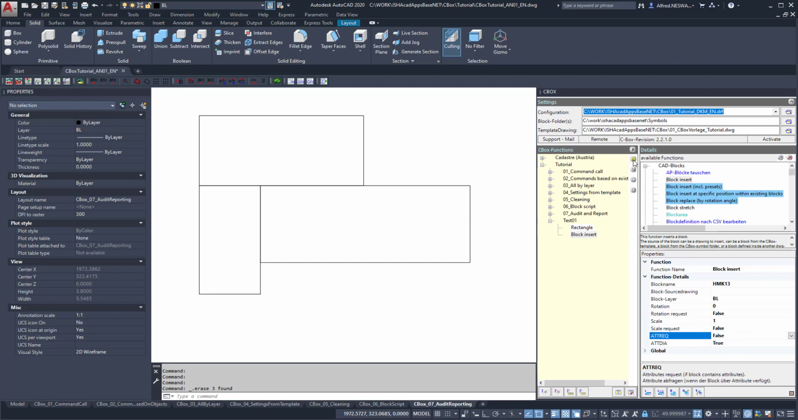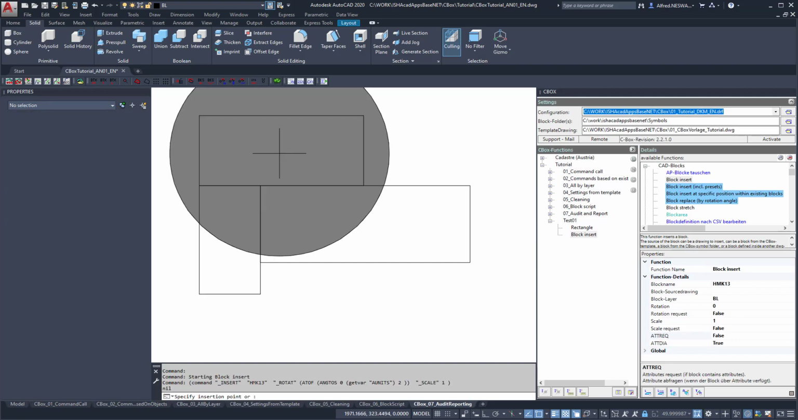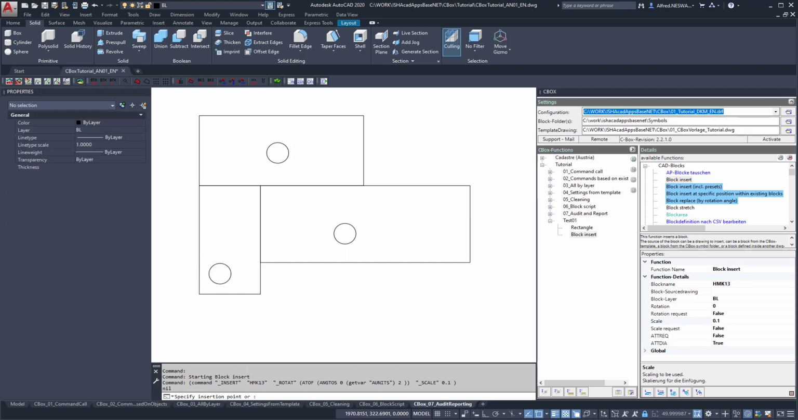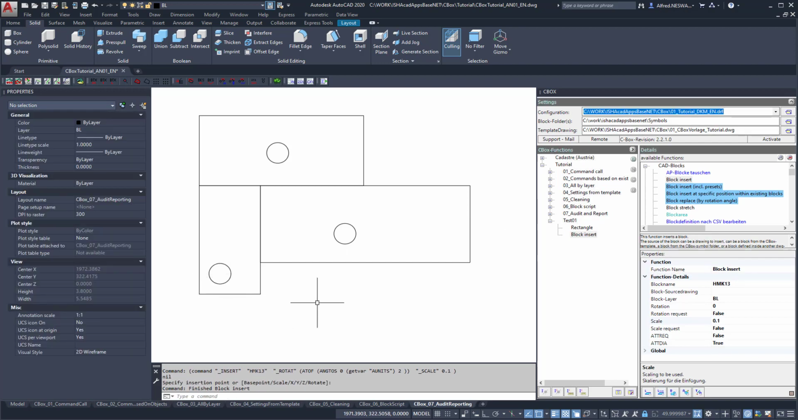Let's see if that works. Block insert, drag and drop. Ooh, too big, escape. Let's see, scaling 0.1. Again, click, that sounds a bit better. Click, a bit too big, but it's working. So what we have now, we have